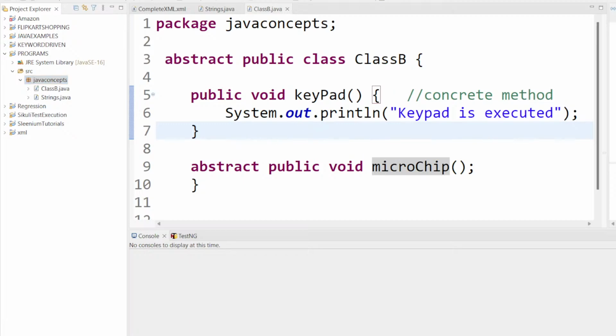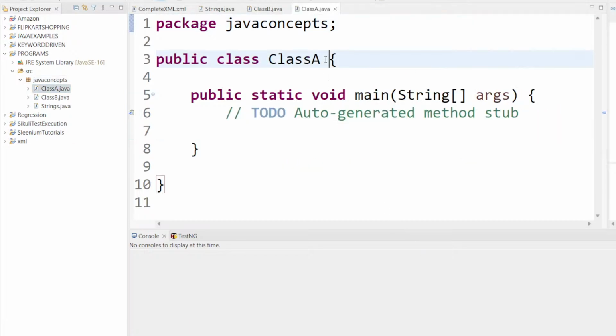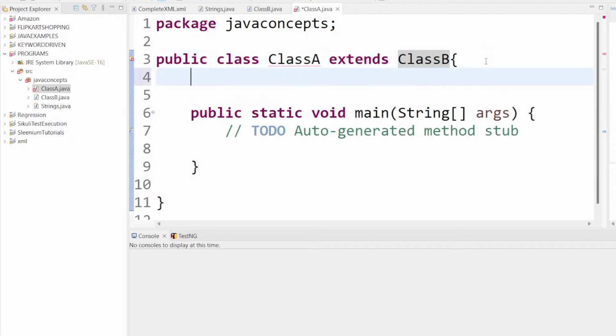Okay, class A, which is having the public static void main method, and this class A is extending class B. Okay, class B. So here we are getting the error saying that it must be inheriting the abstract method from class B, right? So here